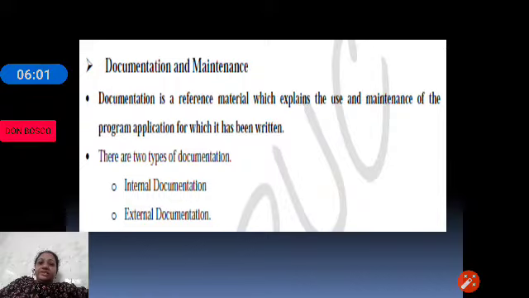Documentation is nothing but a reference material which explains the use and maintenance of the program for which it has been written.